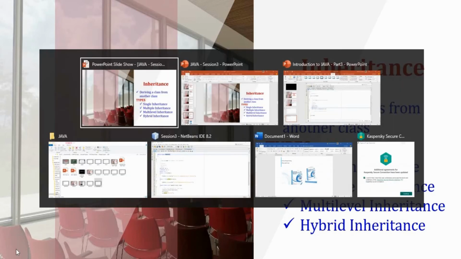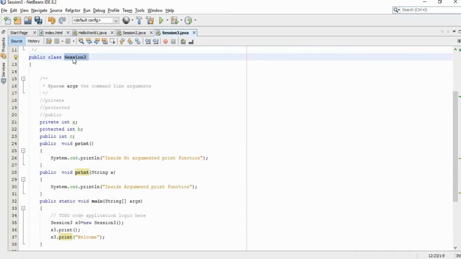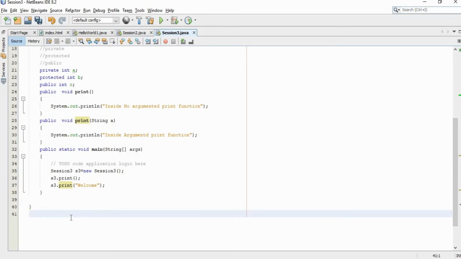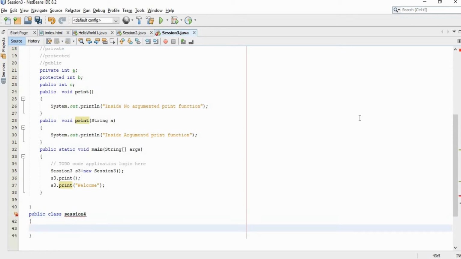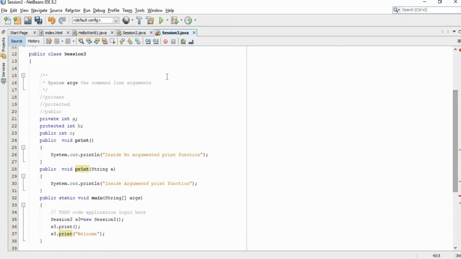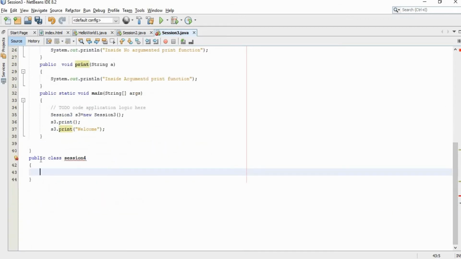For example, here this is a class called Session3. Using this Session3, if I am creating a class called Session4, this Session3 is called parent class or existing class or base class, whereas this class Session4 can be called a derived class, child class or subclass, right?